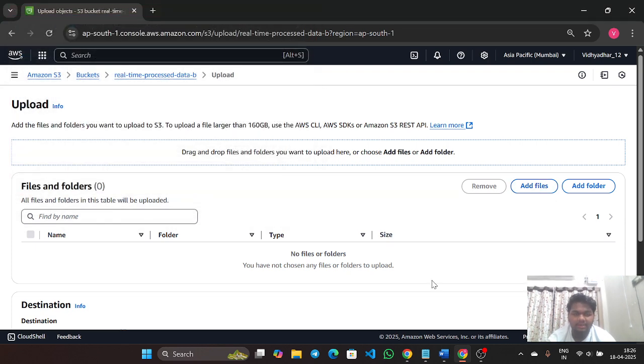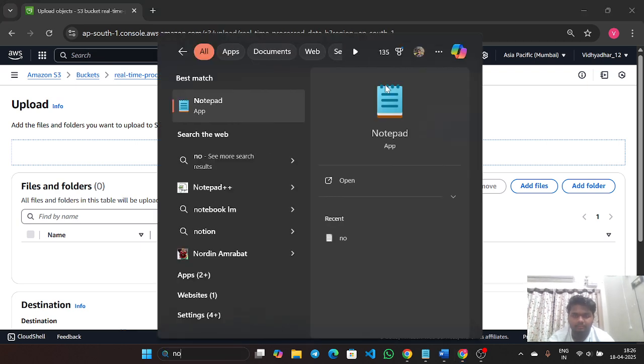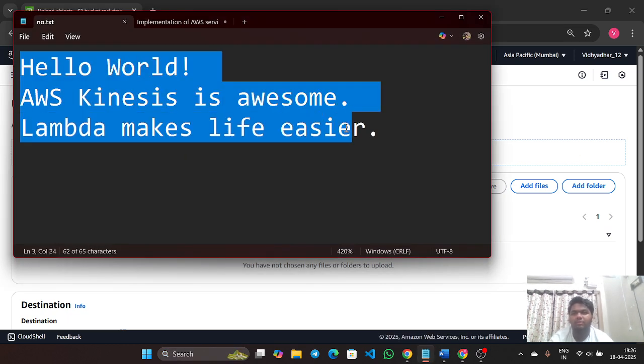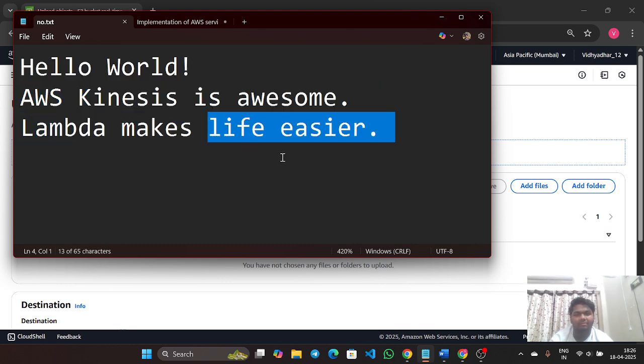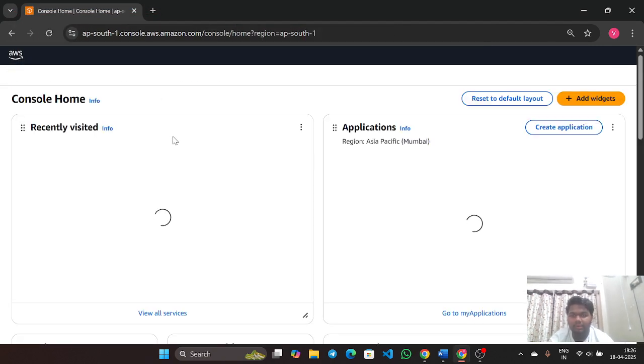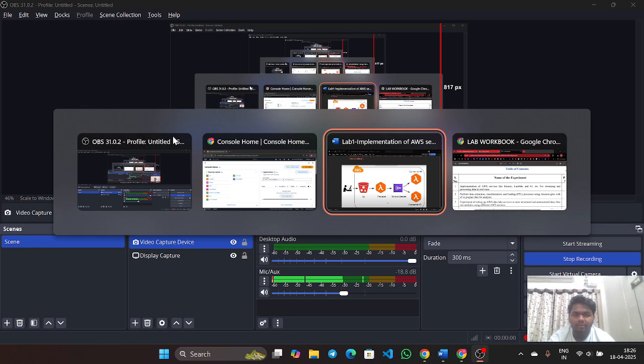The text file consists of hello world, AWS Kinesis is awesome, Lambda makes life easier, like that. After uploading that,